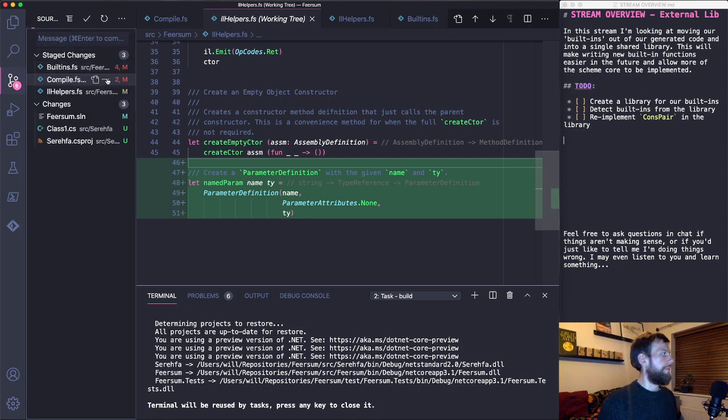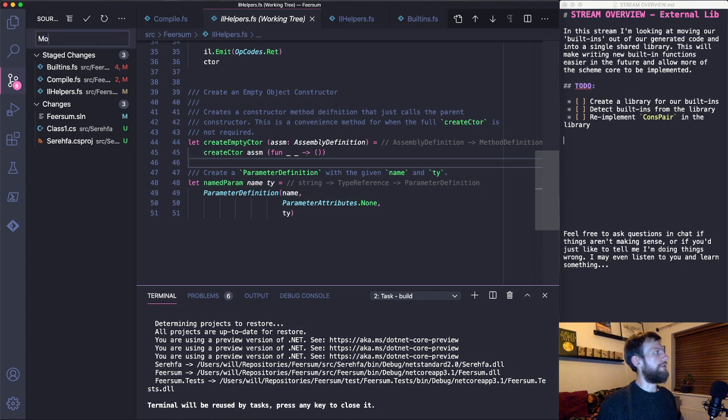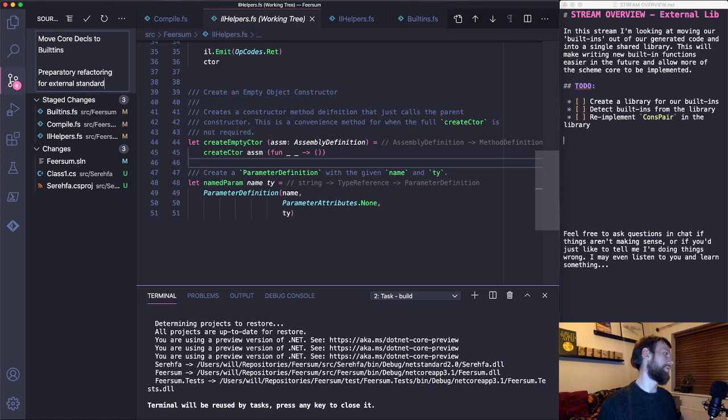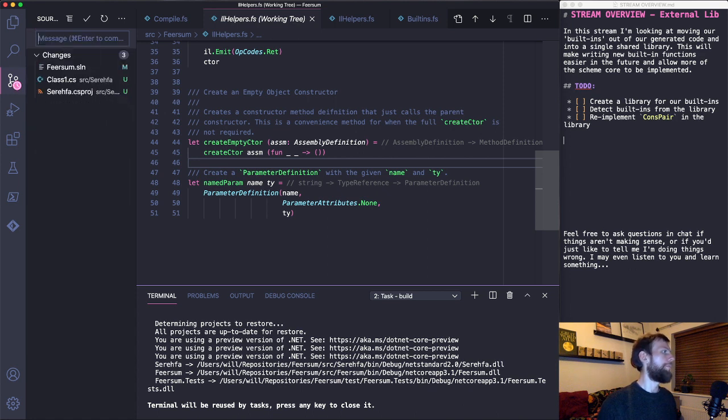So this is Move core decals to built-ins. Preparatory refactoring for external standard library. And now with